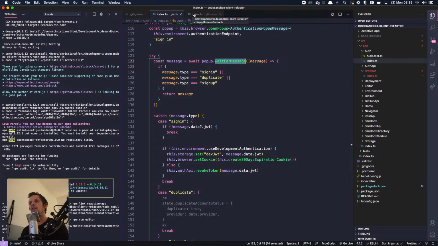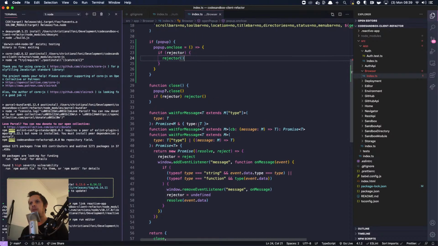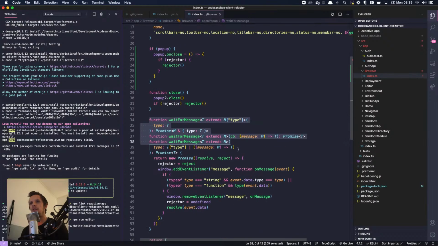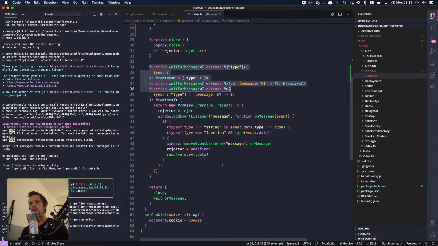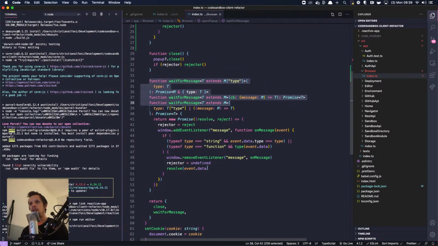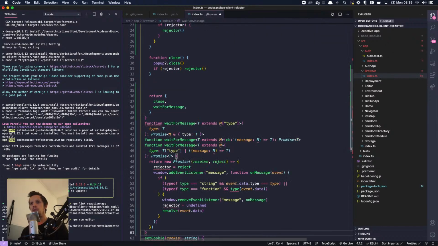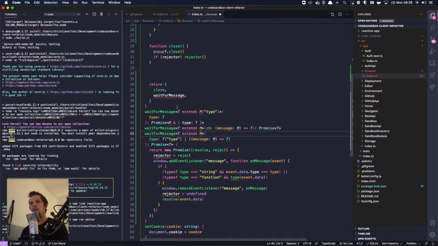But what we could rather do is, instead of putting... we could say wait for message is actually a browser API, and then this thing can reuse wait for message. Let's see how that looks. So if we move this back to wait for message, like that, and then we are going to say